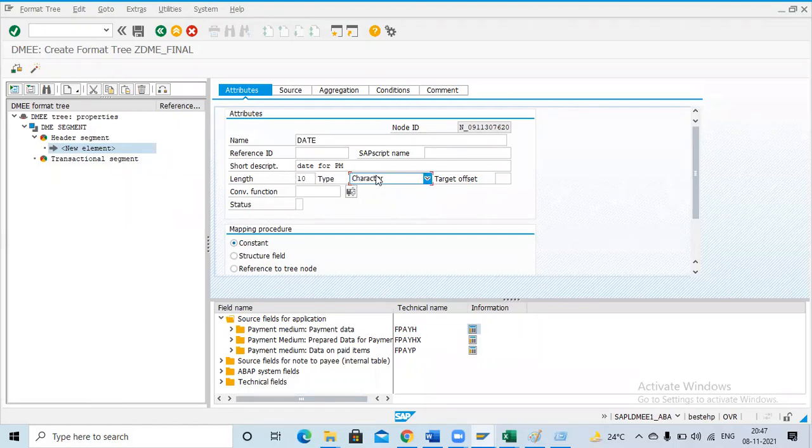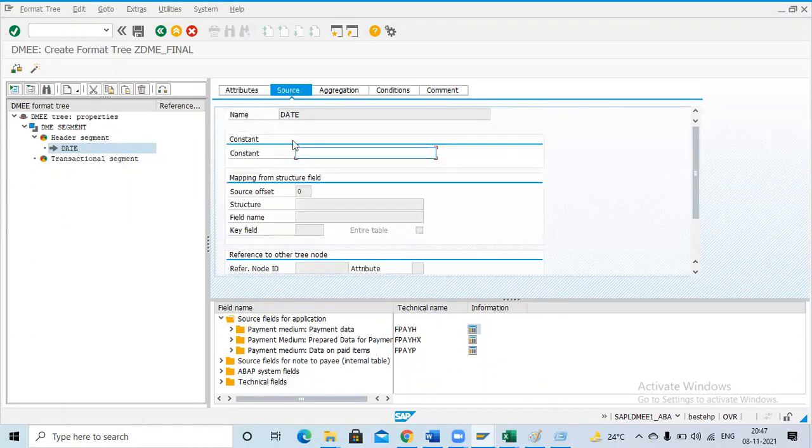Okay, so now for this one, mapping procedure, I am printing the date. How are you going to print the date? There are two steps. Constant, structure. Constant means if I'm selecting constant here, in the next tab, whatever data you write here, automatically the system will print the same data. It is related to the text.